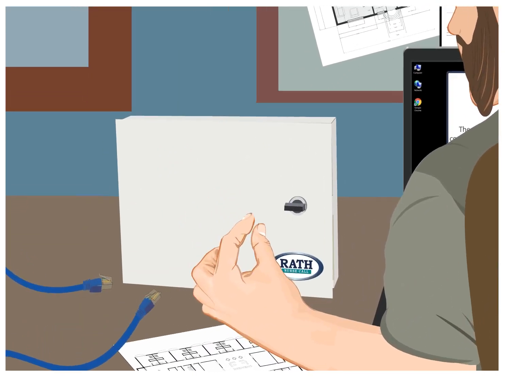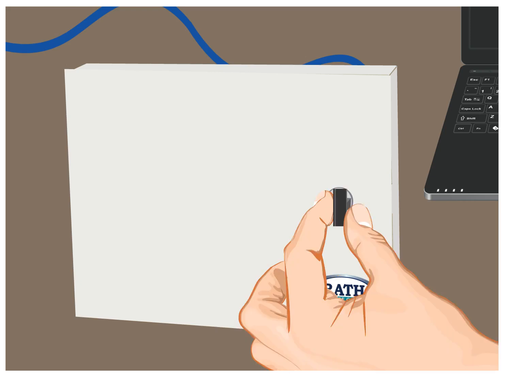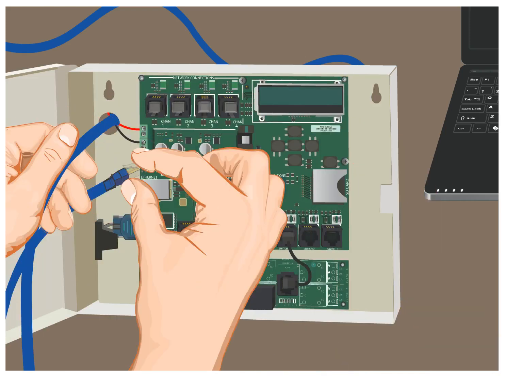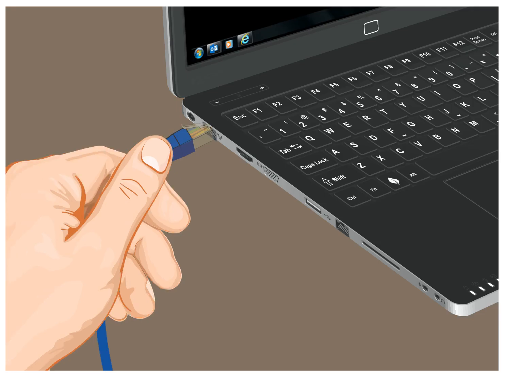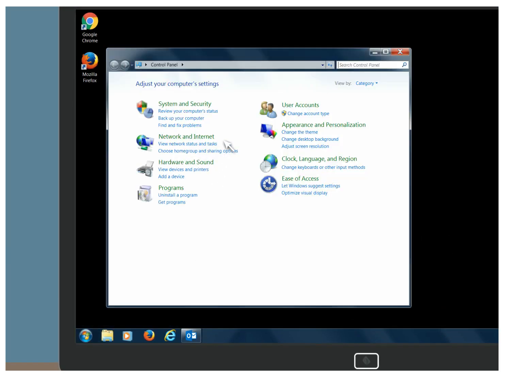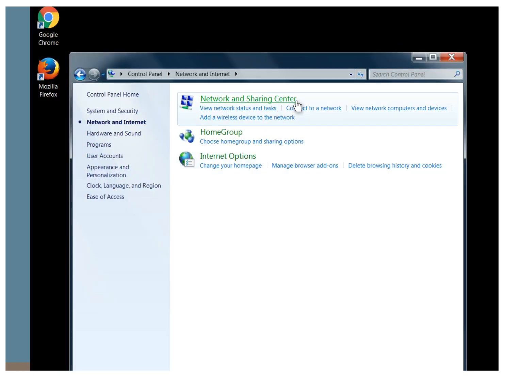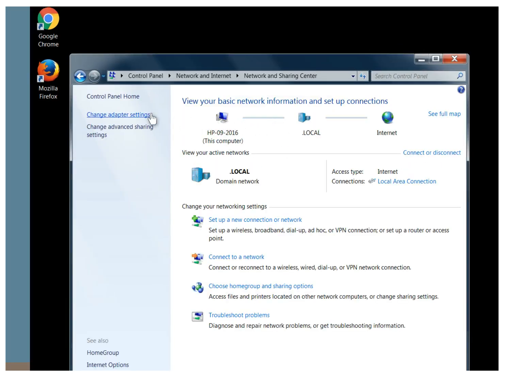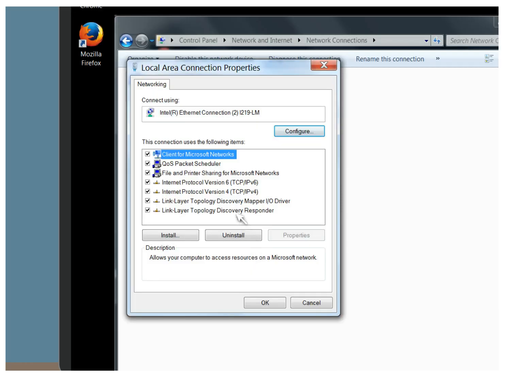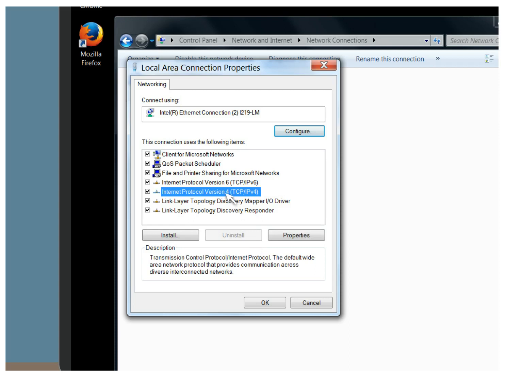Locate the host controller and apply power using the provided power cable. Use a network cable to connect your laptop's NIC to the Ethernet port of the host controller. Navigate to your system's local area connection properties by clicking Menu, Control Panel, Network and Internet, Network and Sharing Center. Right-click on the Change Adapter Settings, Local Area Connection, and then Properties. Under Local Area Connection Properties, double-click on the Internet Protocol version 4